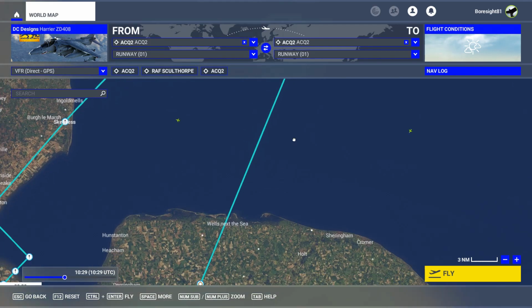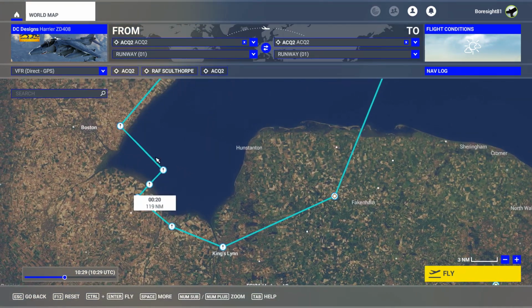So just to cover the pop-up attack that I will be doing, I'll be using a mock CCIP approach, and for those who don't know what CCIP stands for, that's constantly computed impact point. And basically you switch into the air-to-ground mode, you select your bombs, which I'll be again using mock Mark 83s, they're 1,000 pounders, and these will be shown as fuel tanks. I'll be using the fuel tanks as mock Mark 83s, and